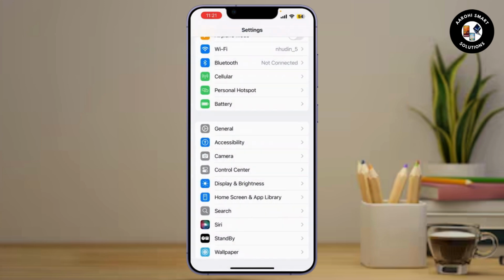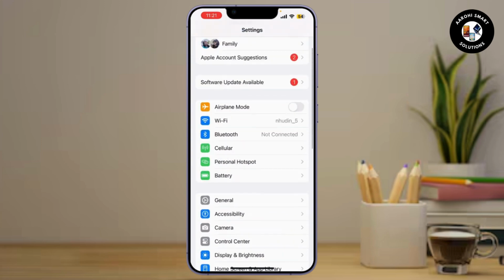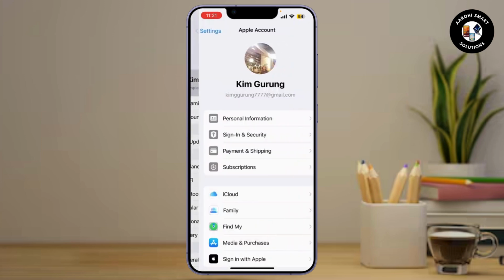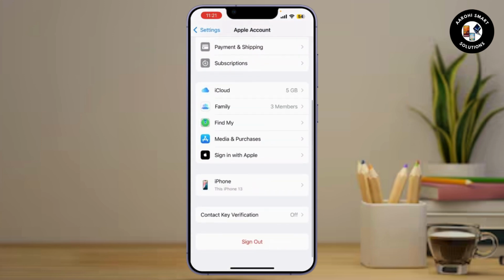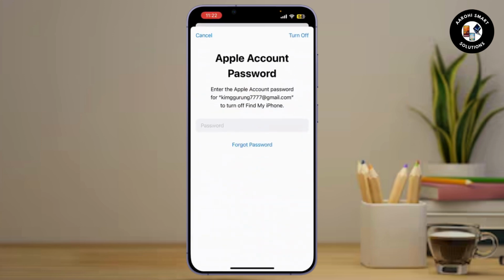Now, if you have another Apple ID signed in on your device, it might prevent you from creating a new one. Simply go to Settings, tap on your name, scroll down and click on Sign Out. And make sure you sign out of iCloud, App Store and any other services linked to the account. And that's it. Those are the steps to fix your account cannot be created